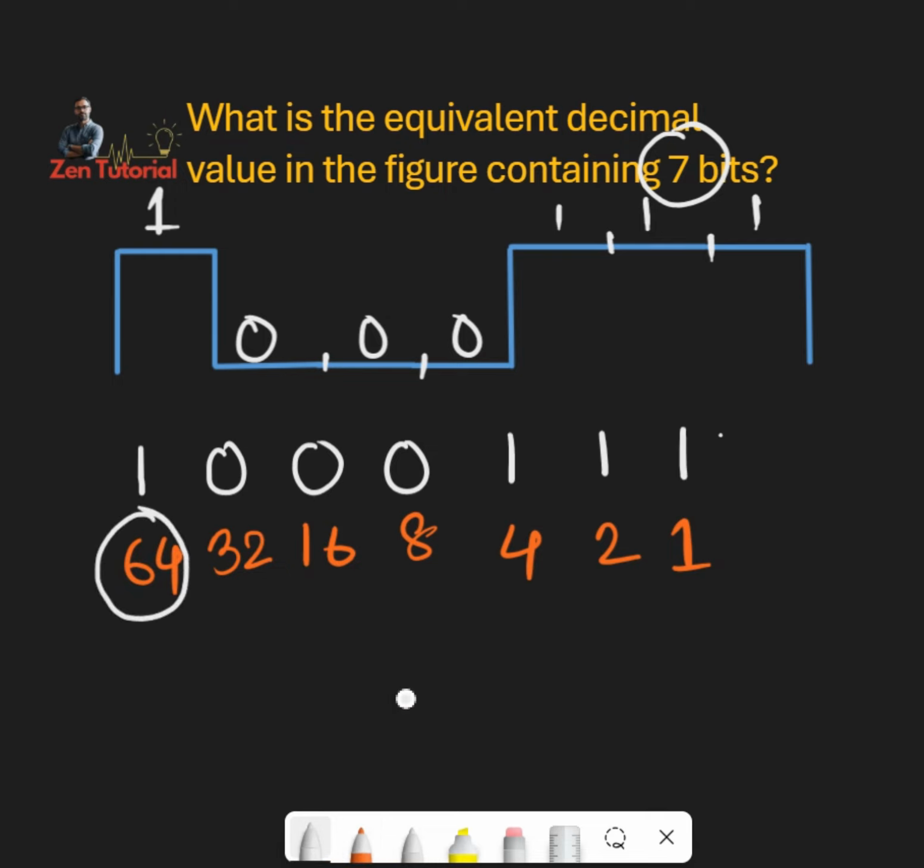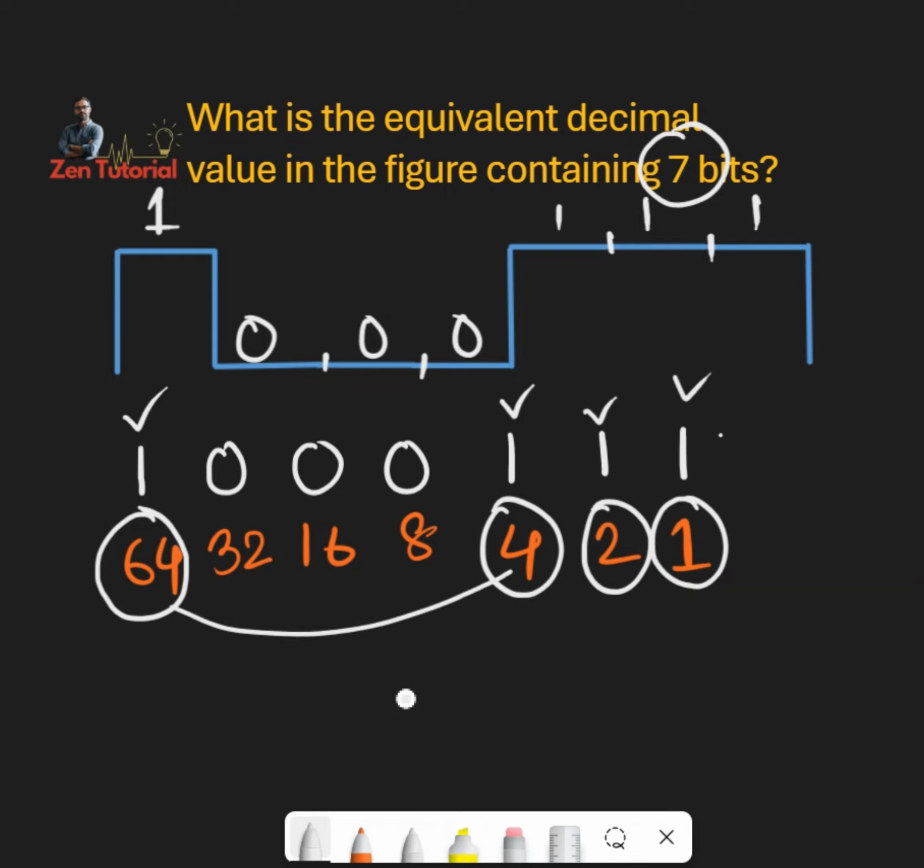Of course 64 because of this 1. Of course 4 because of this 1. Of course 2 because of 1 and 1. So if we sum up these 4 numbers, we'll get the very important number for Bangladesh, that is 71. So this is the decimal value